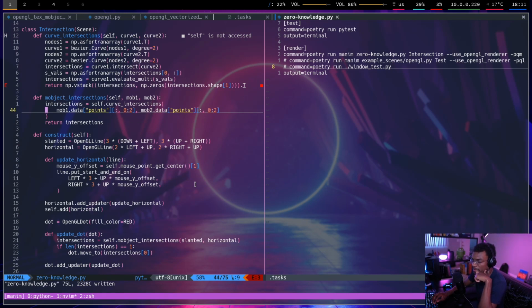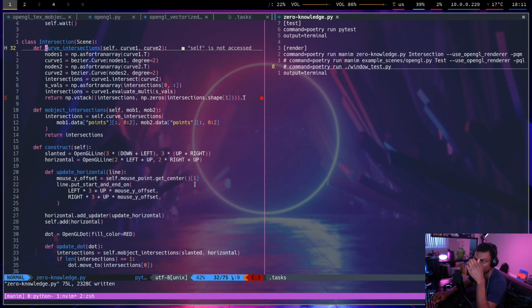Okay, so this only works on individual curves, this curve intersections function. So if I want to do this for an entire mobject,